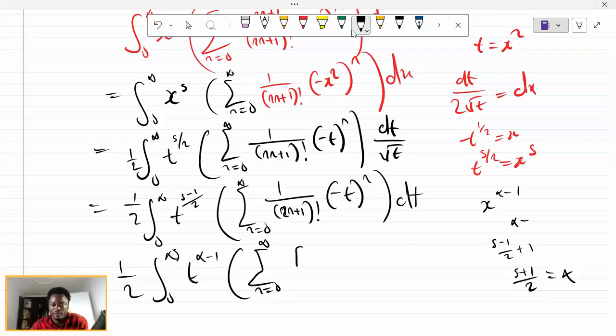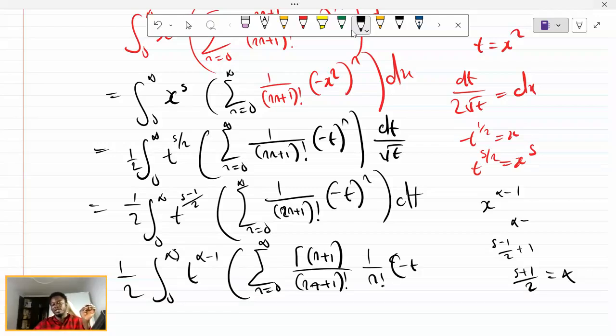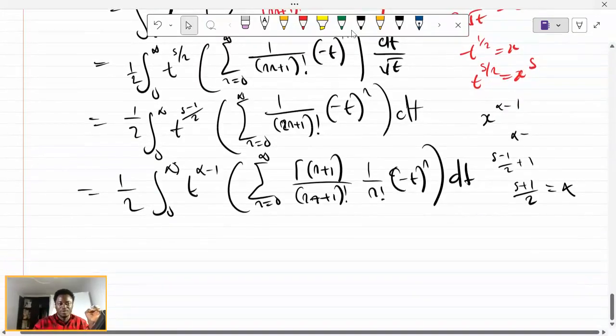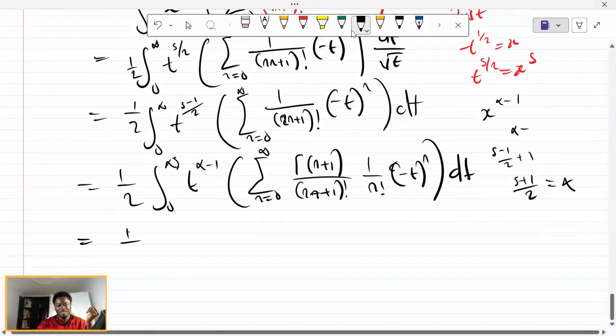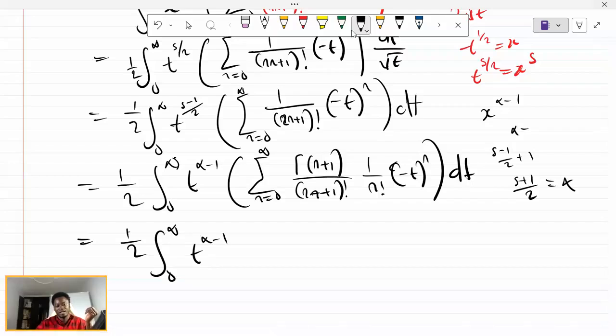Now this 2n plus 1 factorial, let's bring it out, so you have 2n plus 1 factorial, so you have 1 over n factorial, then negative t to the n, dt. So we are making some progress. We are slowly building it up. This is the integral from 0 to infinity of t to the alpha minus 1, then the sum as n runs from 0 to infinity of